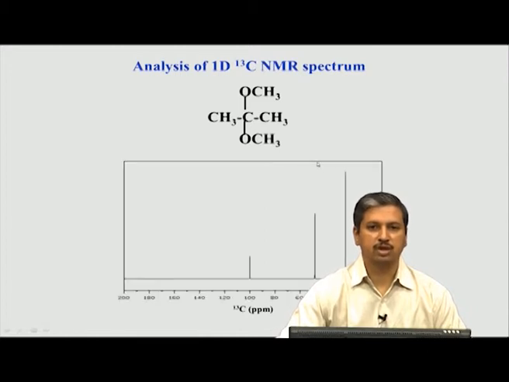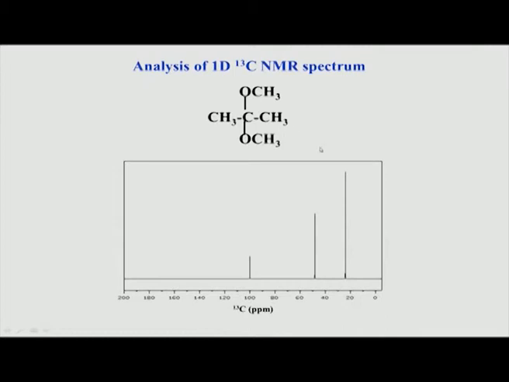So, what do you see? Now, let us look at how many types of carbon are there. If you see, there are only 3 types of carbon. This is a quaternary carbon. So, this is one carbon. Second, these two are symmetrical, so they will be equivalent. So, they have the same chemical shift. So, this is another carbon, second type, and the third type of carbon is this, because both of them again are equally symmetrical and they are chemically equivalent. So, there are 3 types of carbon. So, we expect 3 types of peaks, 3 peaks.